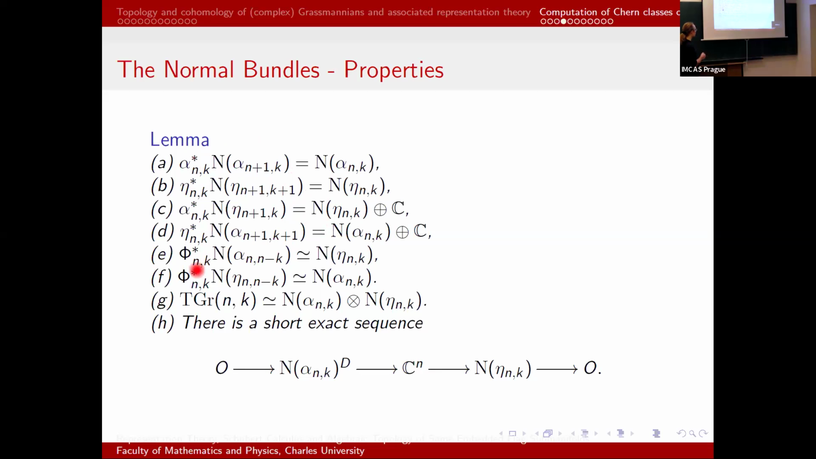Also recall that phi_{n,k} is the homeomorphism identifying Gr(n,k) and Gr(n,n-k). So phi*_{n,k} pulls back the horizontal normal bundles to the vertical normal bundles, and vice versa. It pulls back the vertical normal bundles to the horizontal normal bundles. Moreover, the tangent bundle of the Grassmannian is isomorphic to the tensor product of the two normal bundles, which is